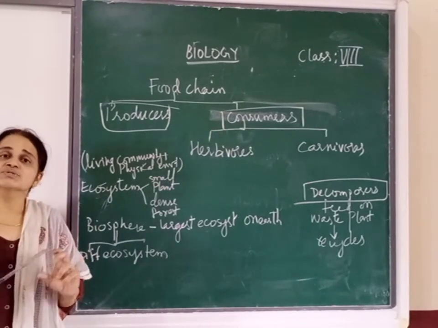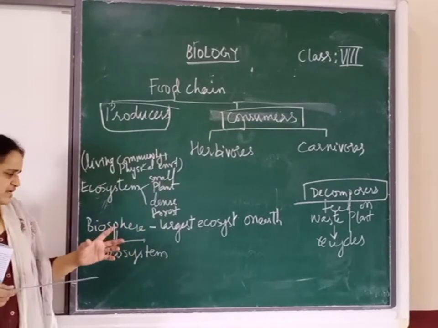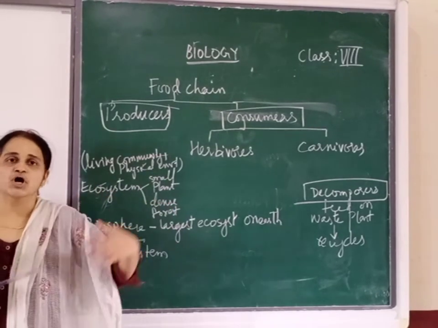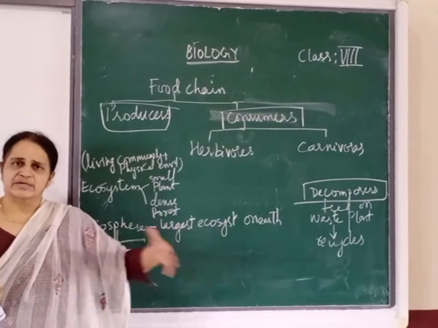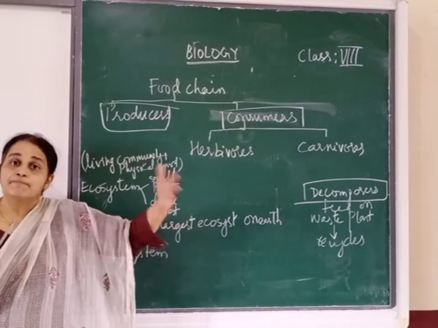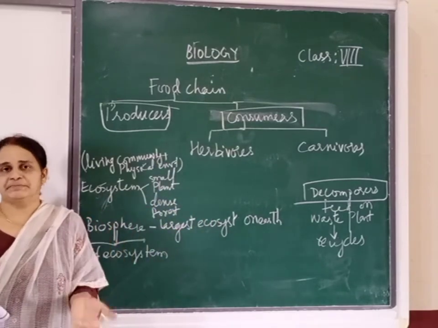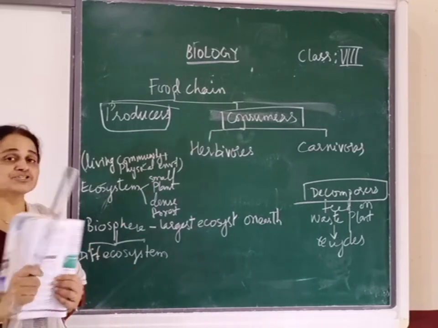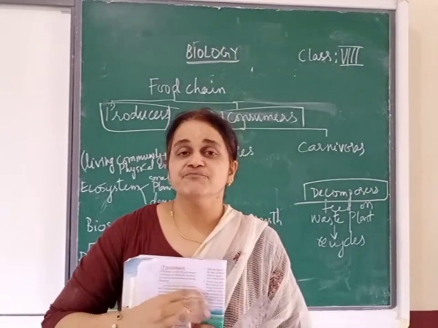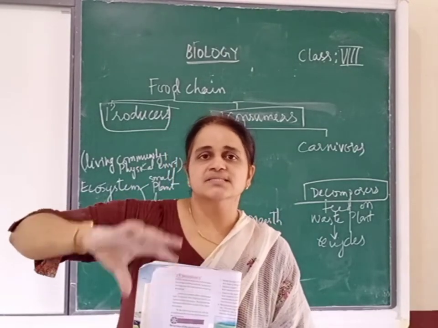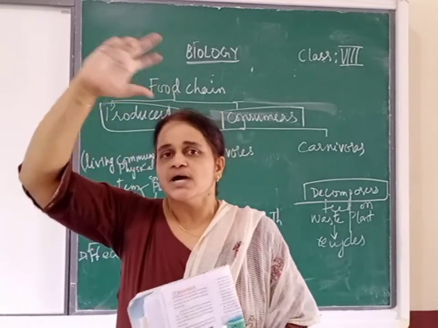To study biosphere is very difficult because it's a large unit. So this biosphere is divided into different ecosystems, like forest ecosystem, aquatic ecosystem. You are going to divide pond ecosystem, so that you can study it much better. Yesterday we took the food chain. Now why are we taking the example of a food chain? Because see, in food chain what is happening? There is transfer of energy from one level to other.